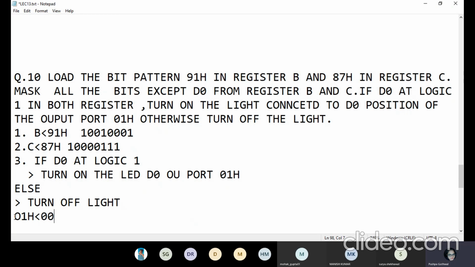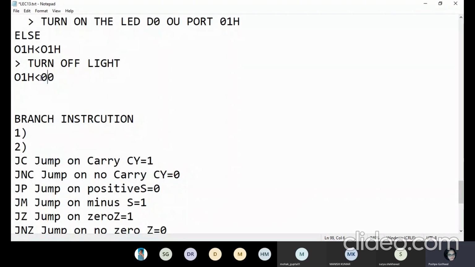If D0 is at logic 1, you turn on the LED, which means port 01H will be loaded with 01H. If the condition is true, you send this number to the port address. If the condition is false, you send this other value to this address.